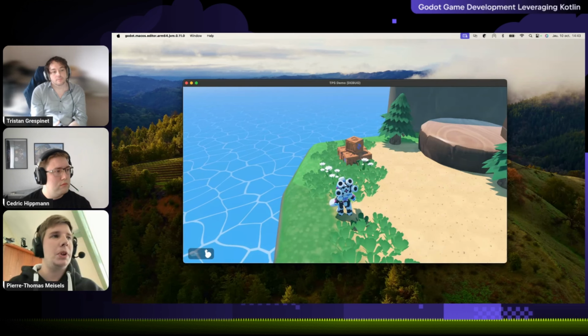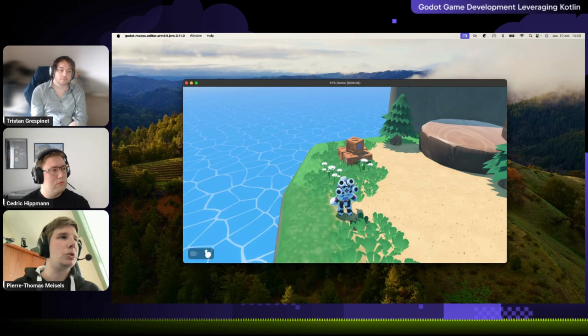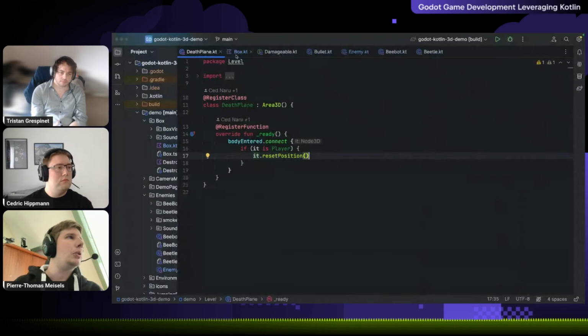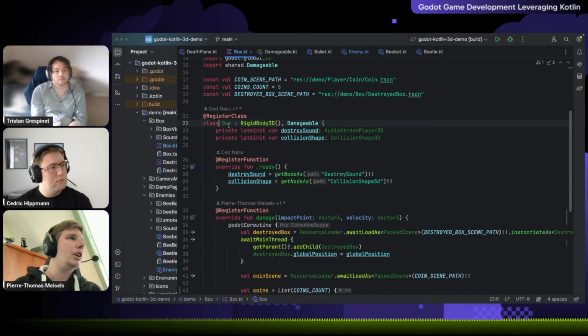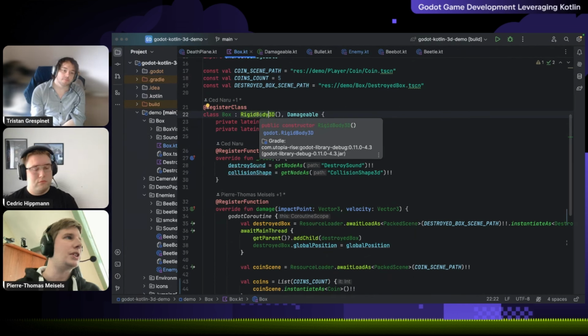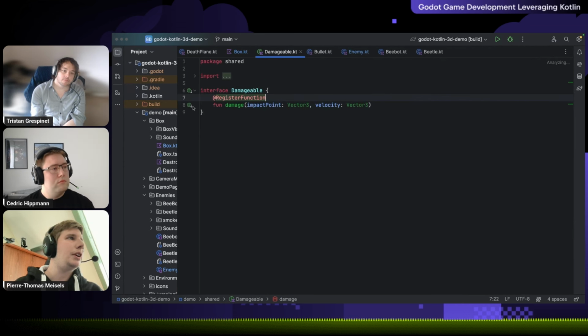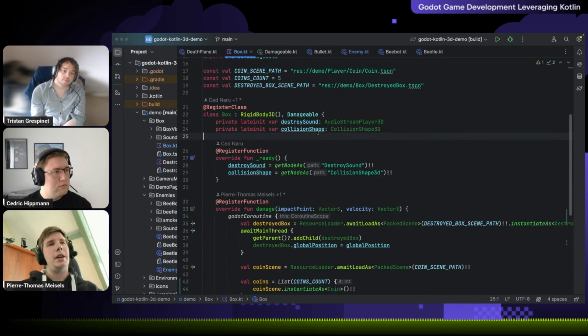You see we have some boxes in the game, and I'd like to show you the code of the game script of those boxes to show you some Kotlin features. So let's take a look. Here is the box class that inherits RigidBody3D, which is a physics class from Godot engine, but also implements a damageable interface. This interface just defines a damage method, and